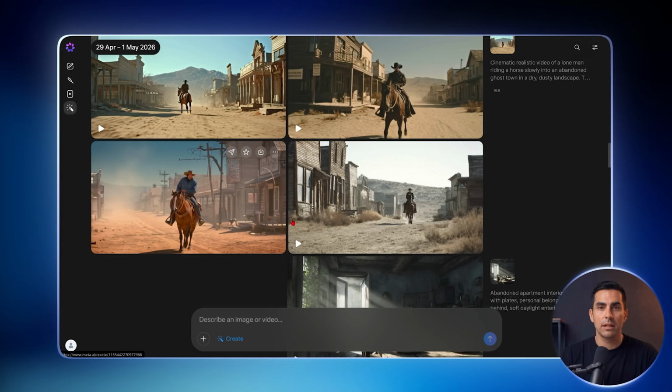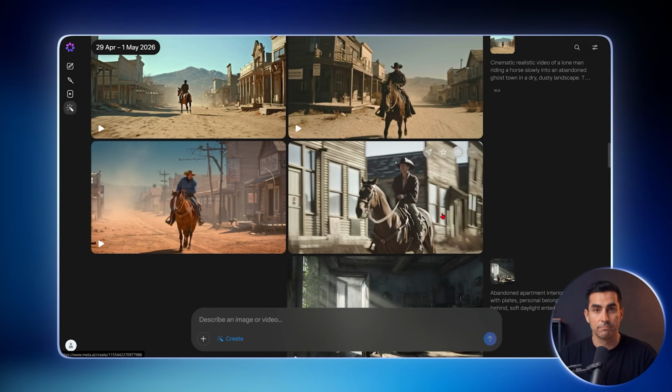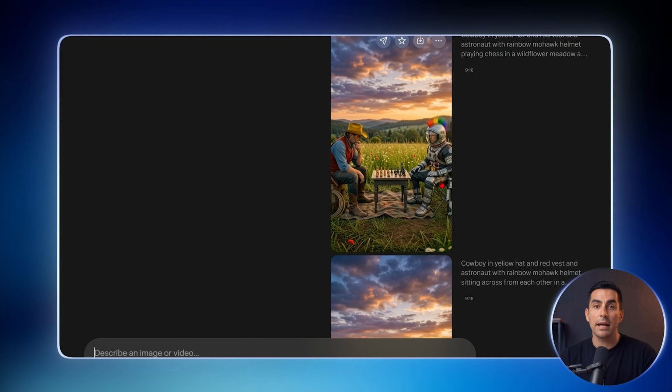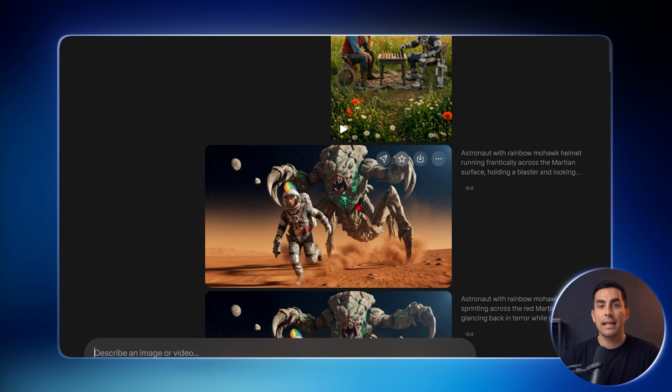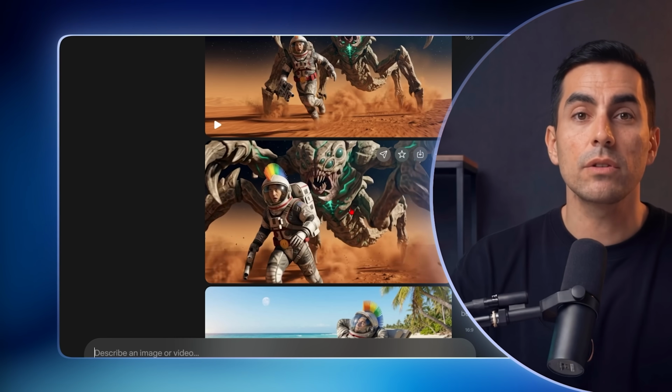After that, download the clips, bring them into CapCut or any free video editor, and place them together. Depending on the region you're in, Meta may or may not add a watermark to its videos. In my case, as you can see, it is not adding any kind of watermark, but depending on your country, it might. Even so, the videos are still completely free and unlimited. And if you want to learn how to turn these short videos into documentaries longer than 10 minutes, I'll leave a video in the card above and in the description so you can learn how to do it.